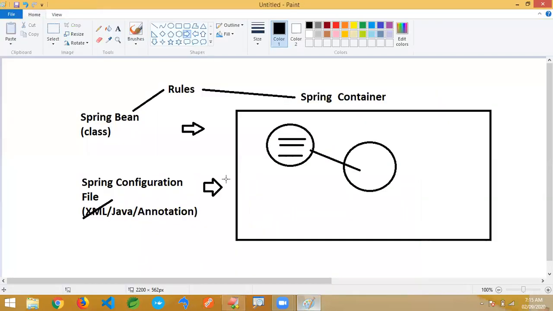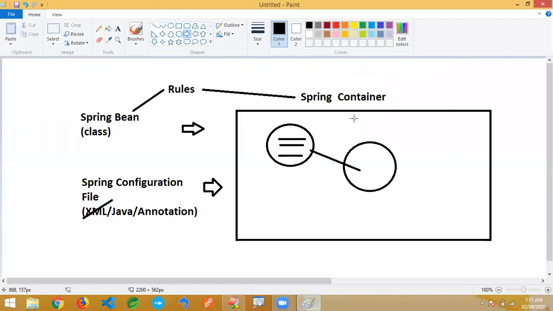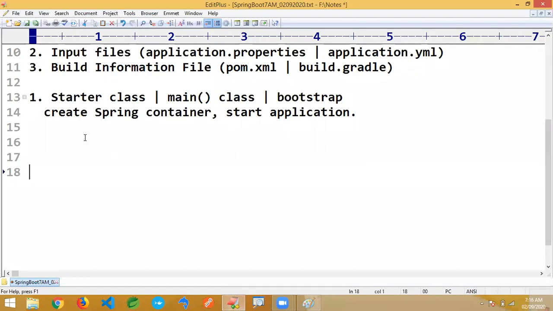We started the concept of the starter class, working with a container. In the Spring container we have two concepts, bean and configuration. In configuration, we started the annotations. Yesterday I explained annotations like @Component and @Value. I feel you still remember them. These are the two annotations I explained, and we have a list of annotations to see.